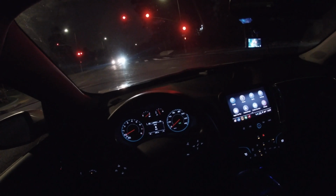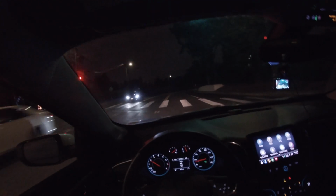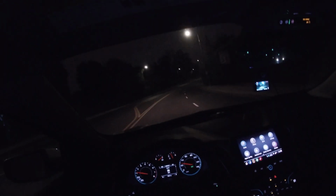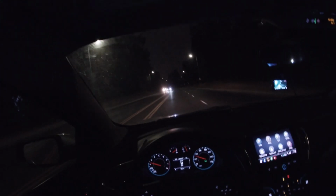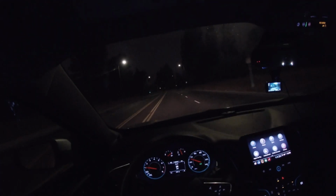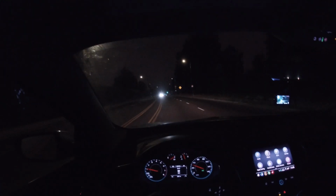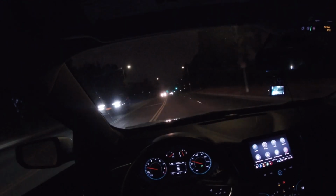The miles per gallon in this car is really good. You get 26 miles per gallon in the city, 38 on the highway. And the really good thing about the car is that once you go up to a speed of 35 miles per hour, the tires just keep rotating and don't slow down like other cars, because in other cars, after you go to 35 miles per hour and you don't keep your foot on the throttle, then your car immediately starts to slow down as it normally would. But this actually takes a longer time to slow down, so you use less fuel and you don't have to keep your foot on the throttle as much, so you save a lot more miles per gallon,